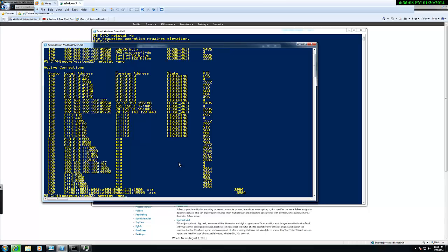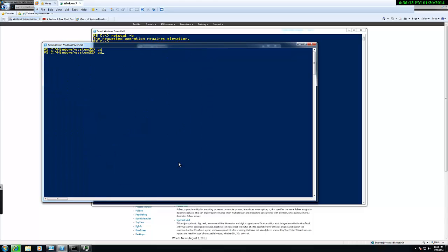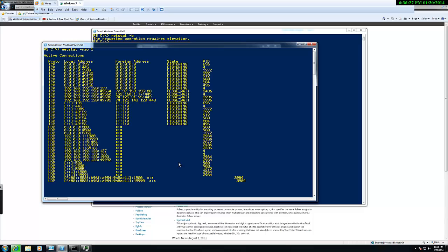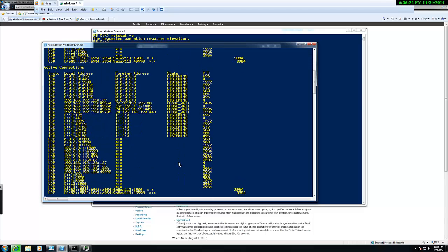If you type netstat -nao with a time, with a number, let's say 5, what it's going to do is refresh my screen every 5 seconds. So, let's count it together. 4, 3, 2, 1, 0, boom, and it will refresh the screen. Okay, you can just press Ctrl C,